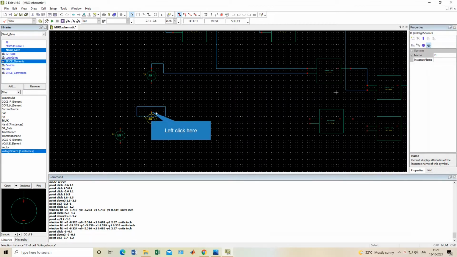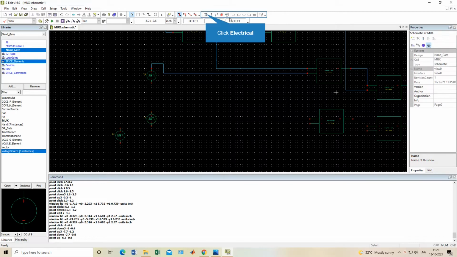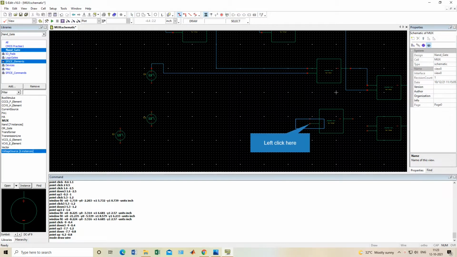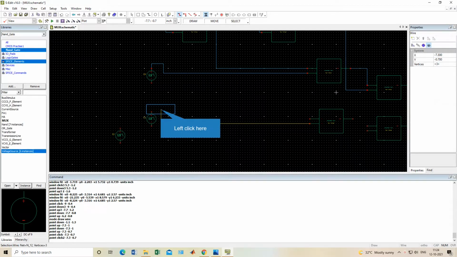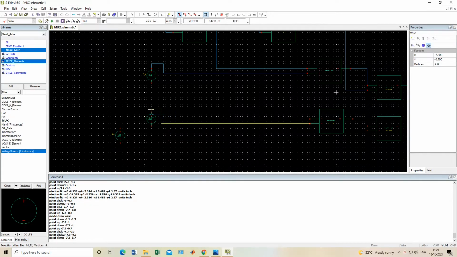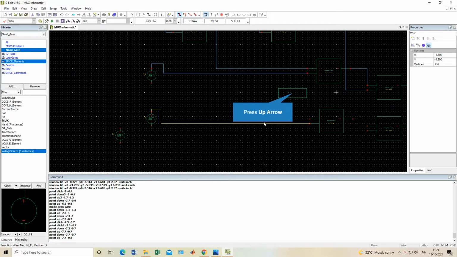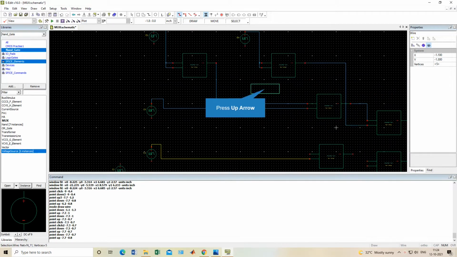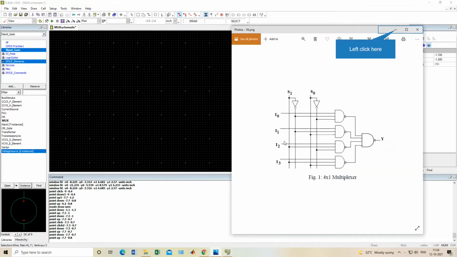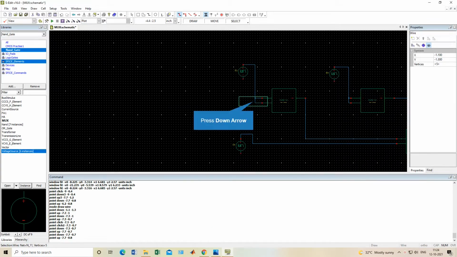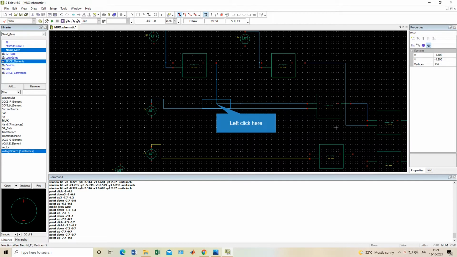First I1, no problem. The second input is inverted S1.